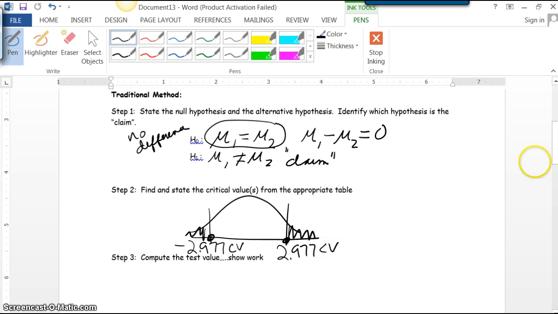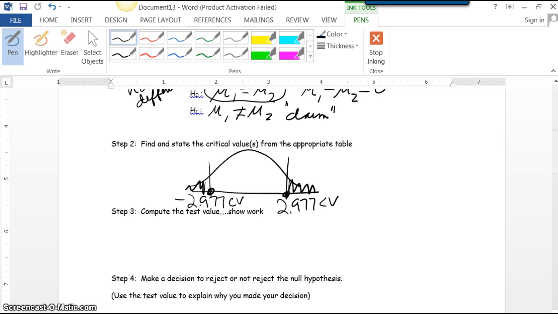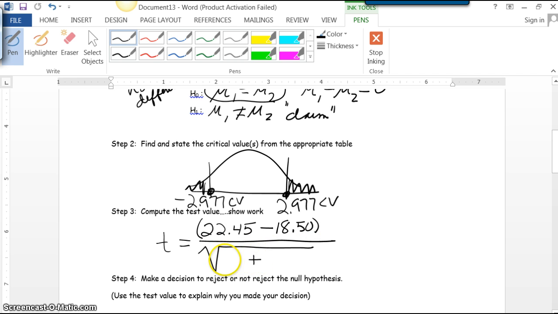We're going to calculate the test value. This will be a t, but it's calculated the same. You take the mean from the children minus the mean from the teens. Now remember, normally right here, we put the standard deviation and we square it, but we already have the variance, which is the standard deviation squared. So we don't need to square it again. This is also the variance over here, the 18.2. It's already squared. When I put this in my calculator, I'm getting